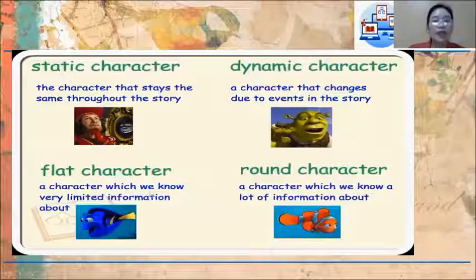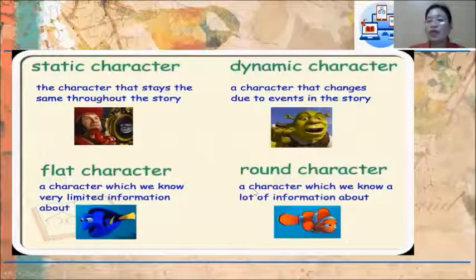And then we have also flat character, a character which we know very limited information about. And then round character, a character which we know a lot of information about. That makes him a round character. And then we have another